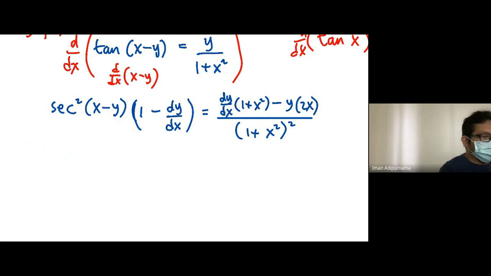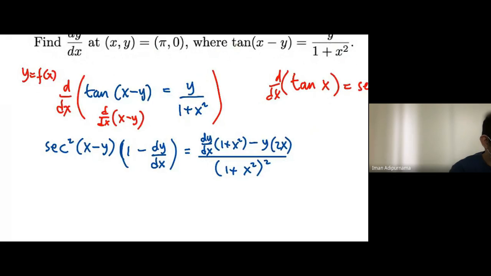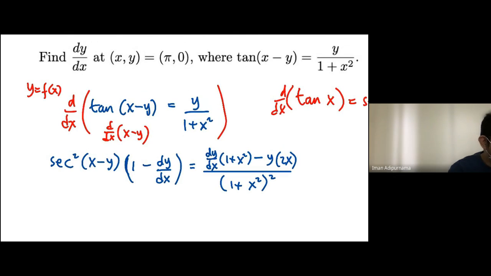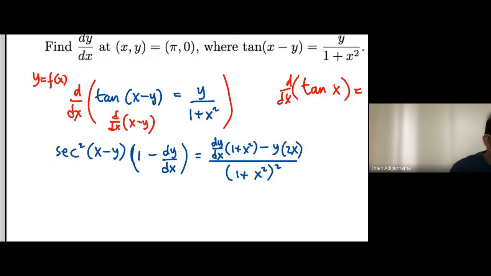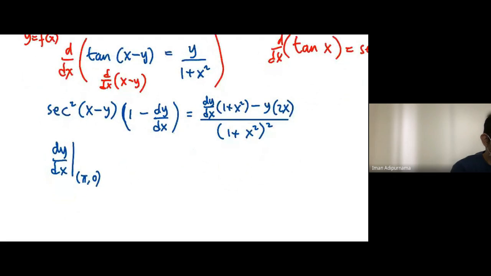Now the idea is we are not to find dy dx in this simplified form. We just need to find dy dx when x is pi and y is 0. If we just plug in everything here, so secant squared pi, and this is 1 minus dy dx